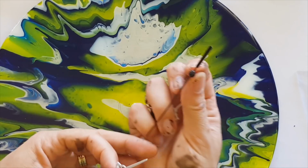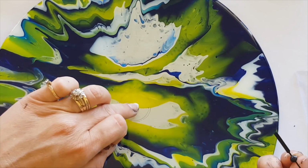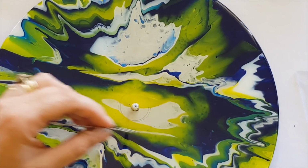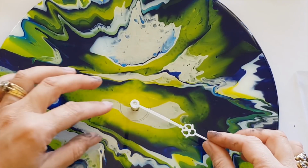But once you push the second hand down into that bit, you can't get it back out. Well, I haven't been able to get it back out. So it pays